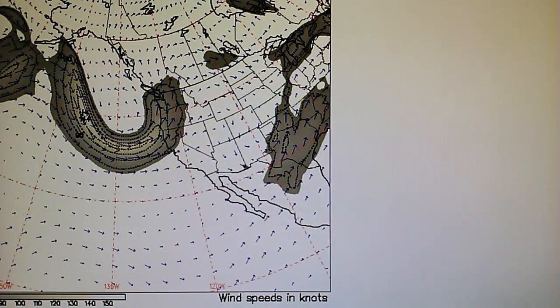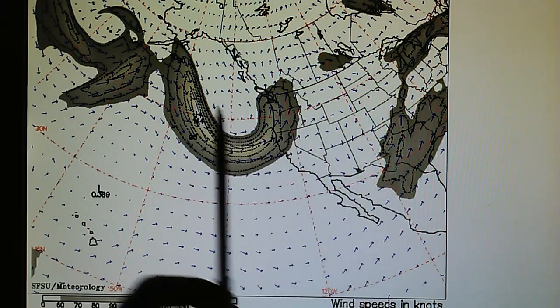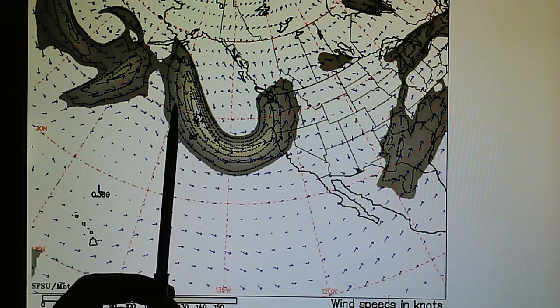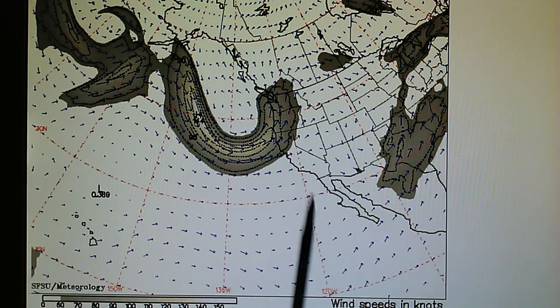Here's the jet stream map, and we can see the flow pattern right around that low pressure system off the northwest. So we've got jet stream flow, and we'll go back and take a look at the map, because there's a transmitter blowing a hole and actually evaporating this moisture right about here. So they've got a transmitter focused right on top of this jet stream flow. This is something you won't see on the news tonight. Let's take a look at the